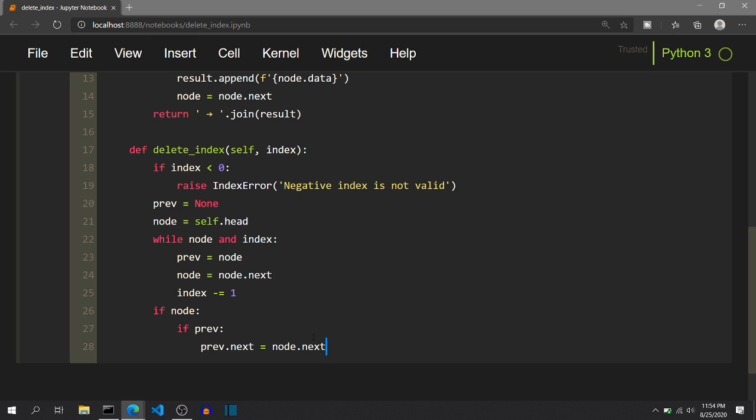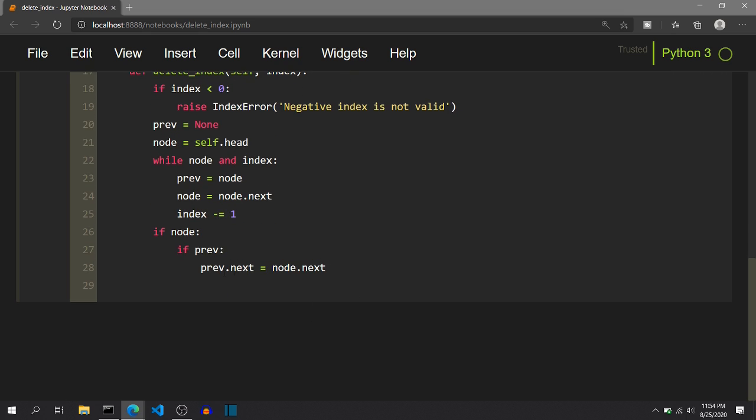That means previous.next was initially node, and so we are setting previous.next to node.next, and so there is no node that is referencing the node variable, and so technically we have deleted that node, but we have to free up the space. That we will do in some time. And if the previous node is None, that is in the else condition, we know that the node to be deleted is the first node in the linked list. So we have to update the self.head instead of the previous, and we will set that to node.next again.